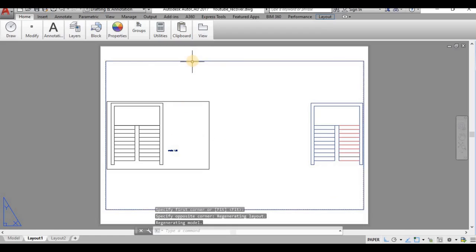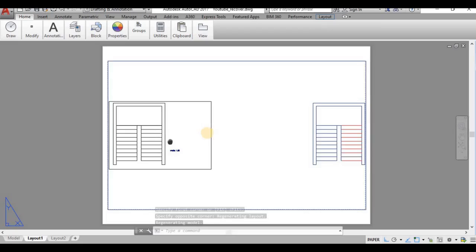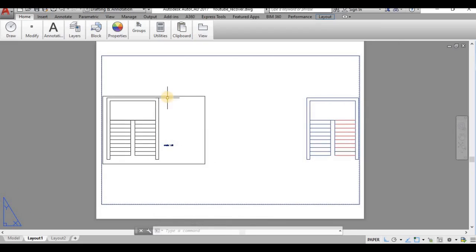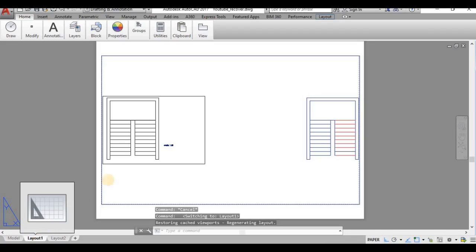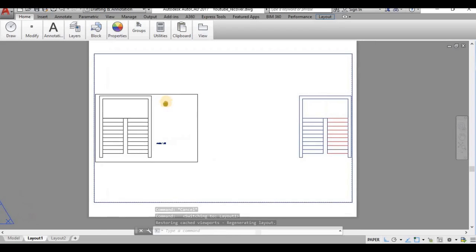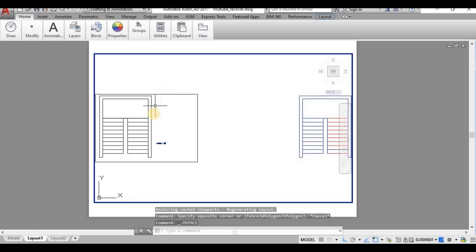If you look at this viewport, it shows all the diagrams in the model space. In model space, whatever diagrams you have drawn are shown in the viewport, including what you have just created. You can modify this by double clicking inside the viewport.